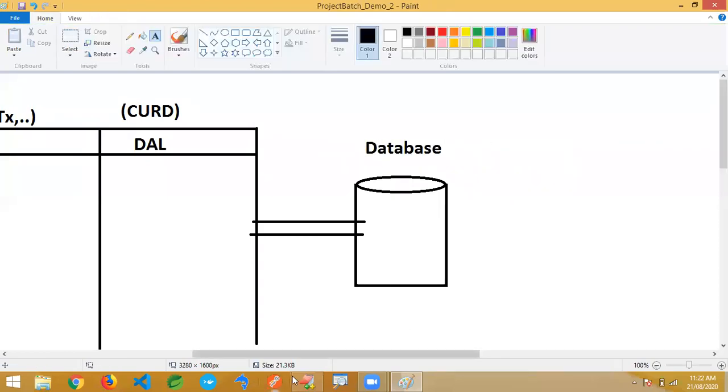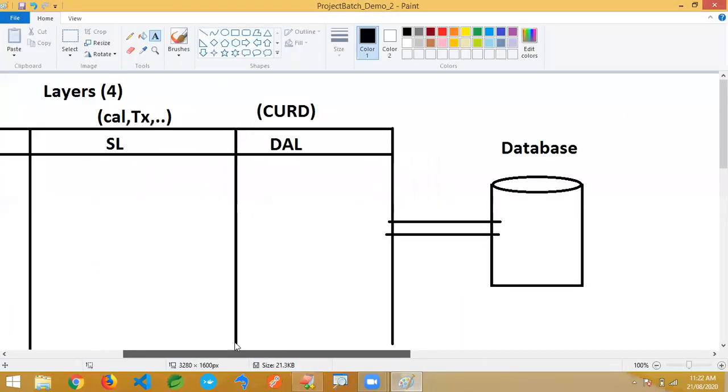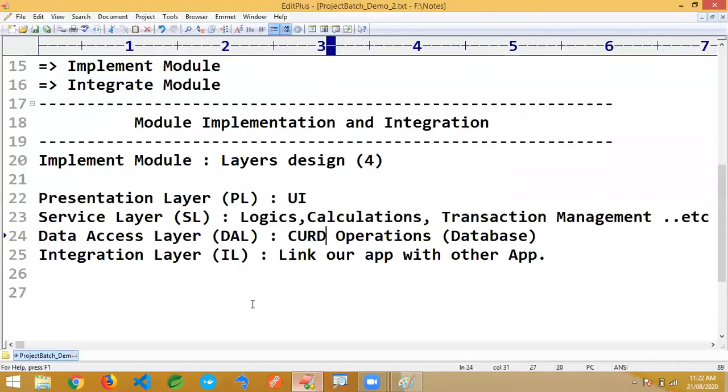Now, if I take one module, then we have to take the designing of these layers. As of now, I've taken 3 layers here. In these 3 layers, what kind of code files do we have to write? That's the point. We'll be having 2 types of code files that we are going to take in the coding. For our easy convenience, I'm just taking types of code files. We have 2.